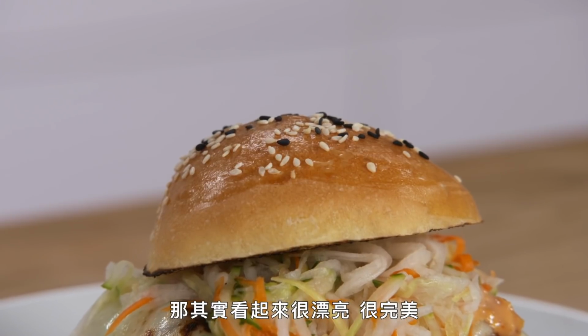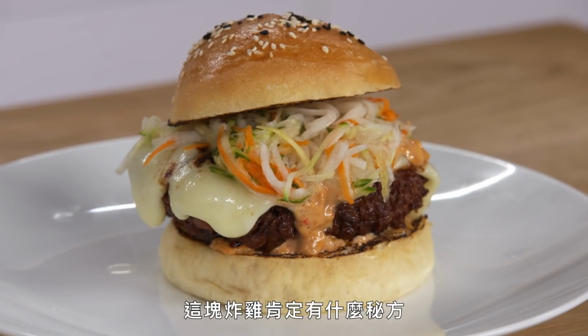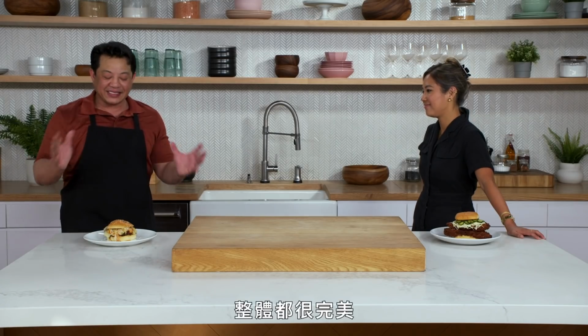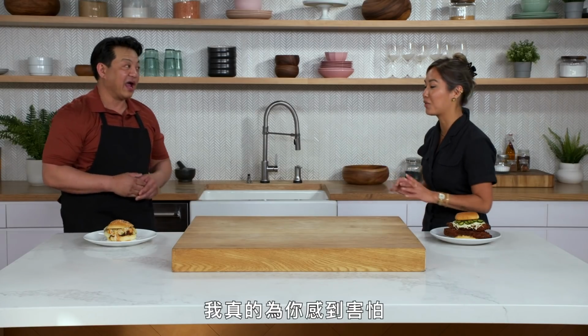I mean, it looks really pretty and perfect, actually. Thank you. There is like a secret something in this chicken. It's the kimchi brine. I'm telling you. It's magic. That is delicious. All around, fantastic. My hat is off to you. I was very scared for you, but you did